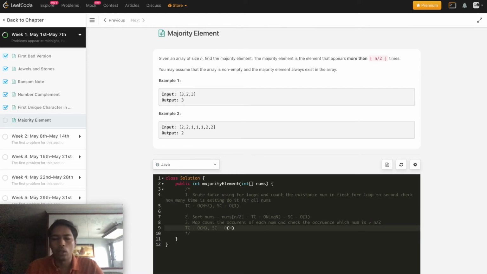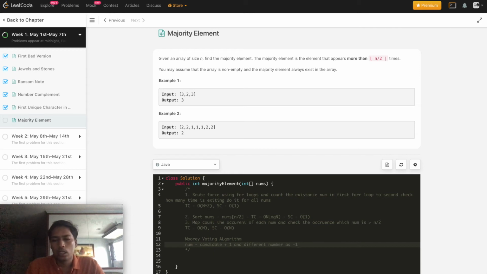There is a standard algorithm, Moore's voting algorithm, which will help us solve this. Let's think about Moore's voting: we can potentially choose the first num as a candidate and count it as plus 1, and other different numbers as minus 1.